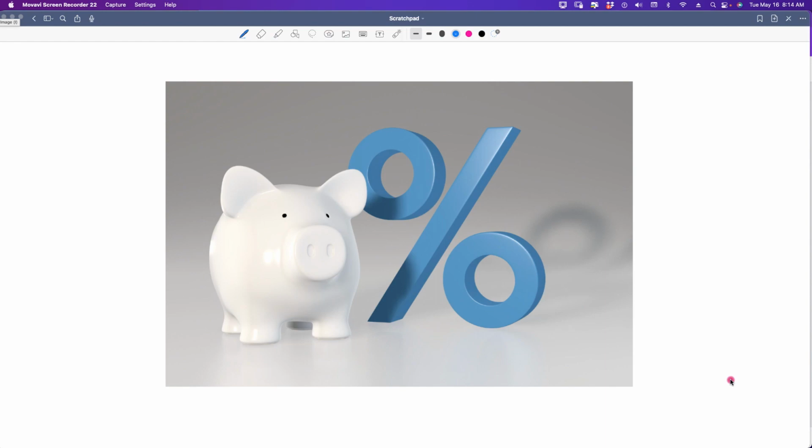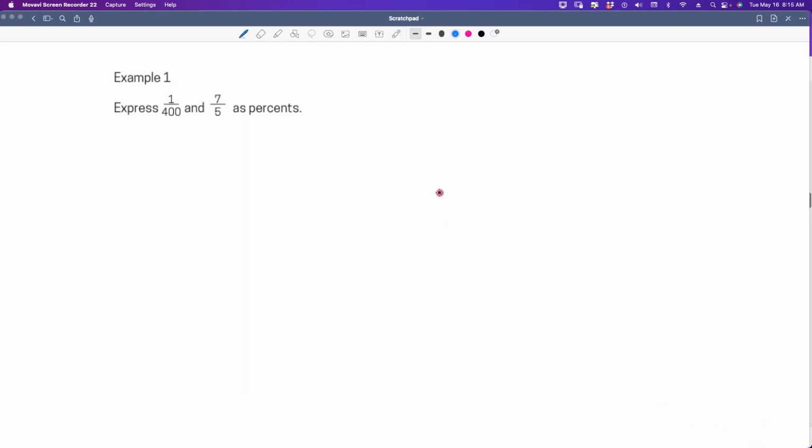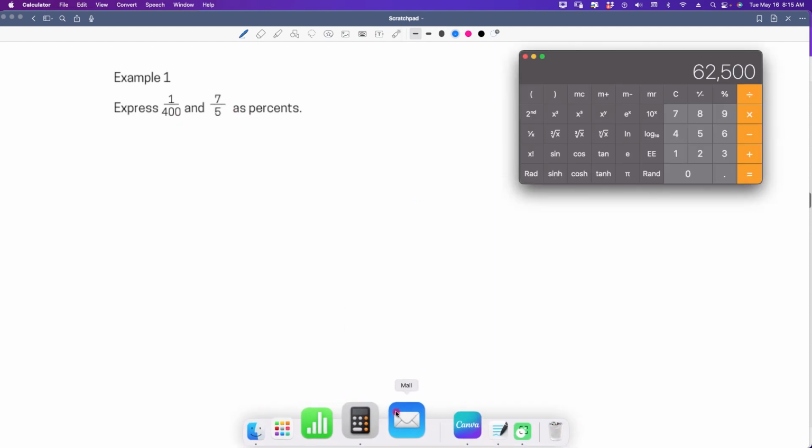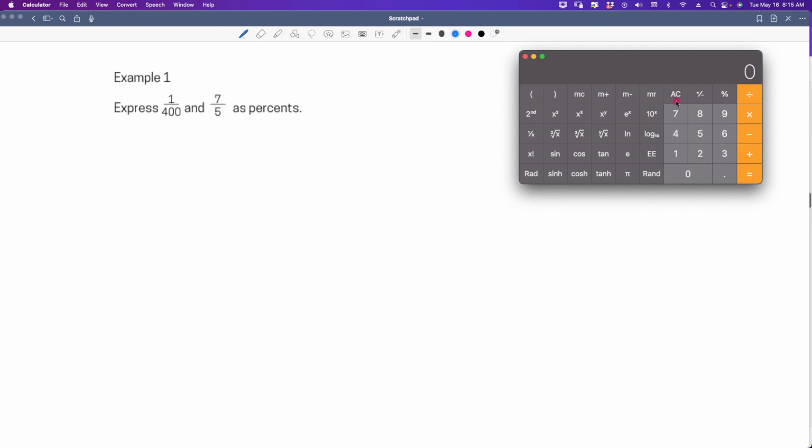So let's look at example 1. Let's start with that. So in example 1, we want to express 1 out of 400 and 7 over 5 as percents. So we know how to convert fractions to percents. So we just pull up our calculator and we say 1 divided by 400 for the first fraction, and we get